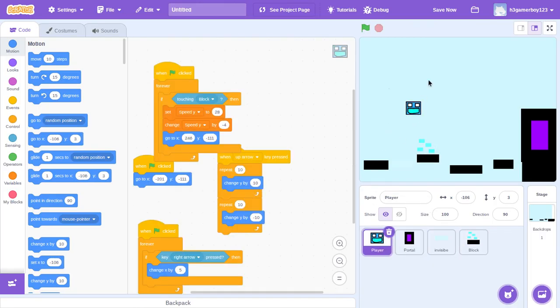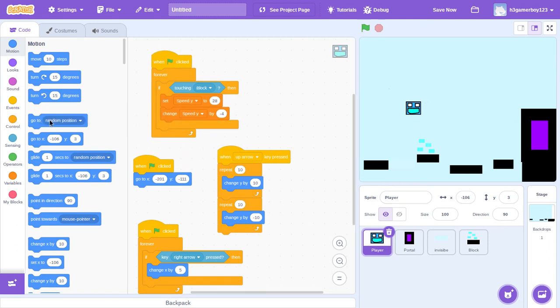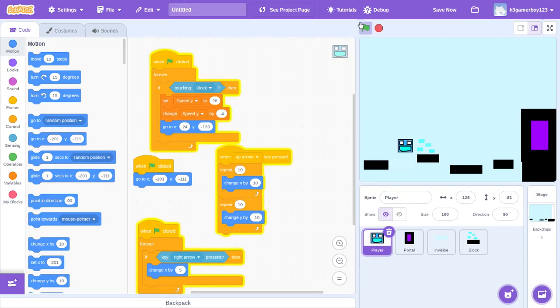Now back to the player. If touching, let's go to here. This. Okay, now let's go. Okay, good. Jump, and then a portal. But now for the portal thing,